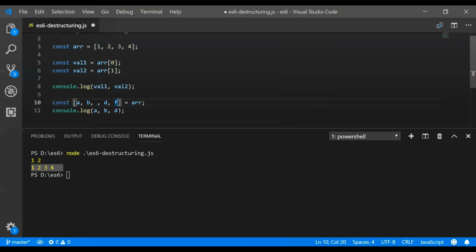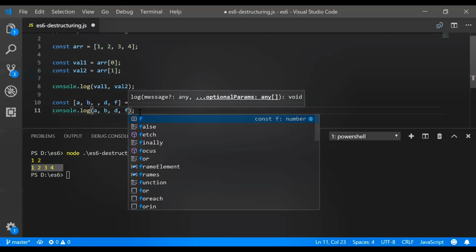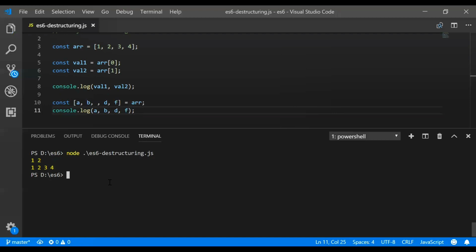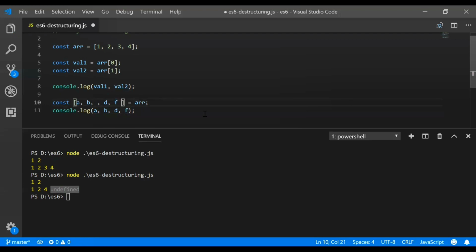Correct? Yeah. So you remember in our last video, default parameters, if something is not having any value or it is having an undefined value, we can give a default parameter to it. For example, we are giving it some value 8, so we can have that default value. So if some value is undefined, so here F is undefined, so it will take the default value which we provide to it. So now we will console and we'll check, it will be 8. Let's see.